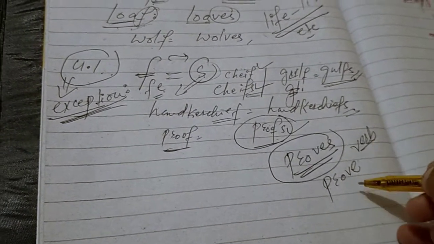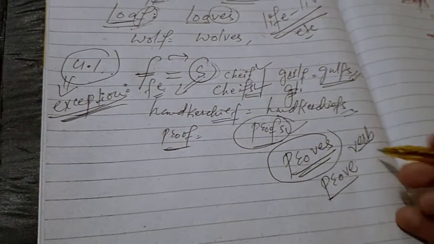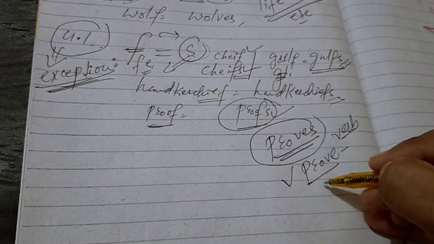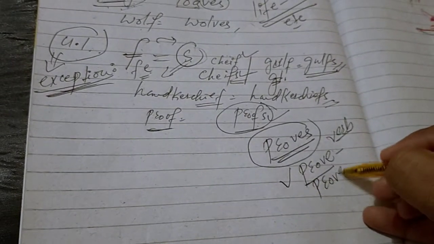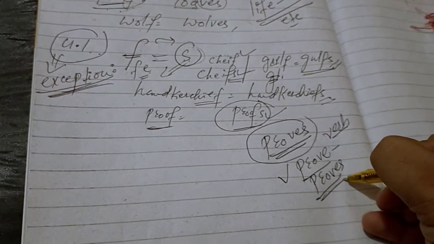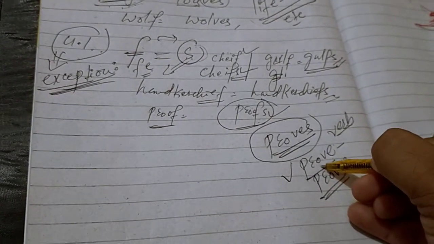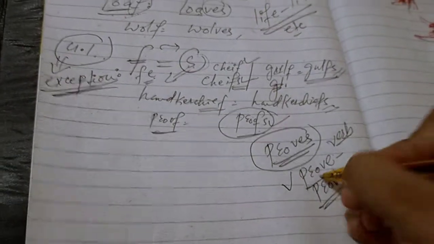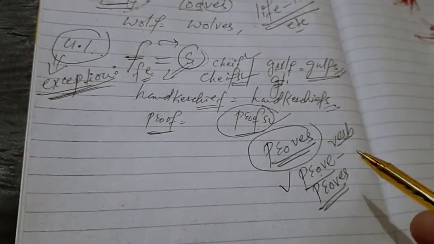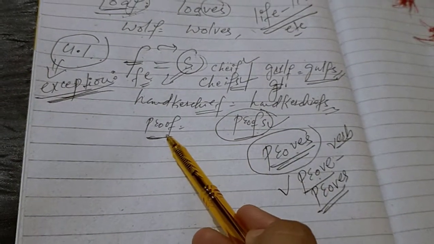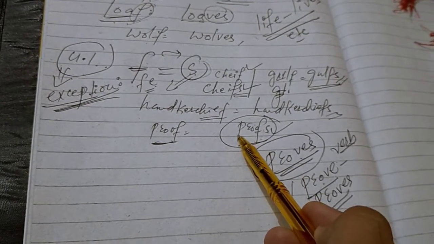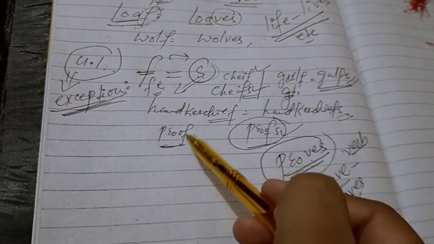ये verb है, तो verb की second form बनती है, उसके plural भी होते हैं. Like this is already a plural verb, and then उसका singular आप करेंगे, and it will be proves, जो कि हम third person singular के साथ use कर सकते हैं. He proves, she proves, it proves, and then I prove, you prove, we prove. And then proved होगा, proving होगा. So prove is a verb and proof is a noun, and its plural will be proofs. Only s will be added to that particular sort of word.